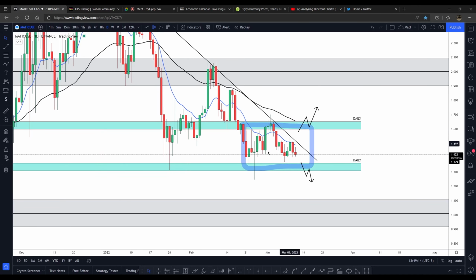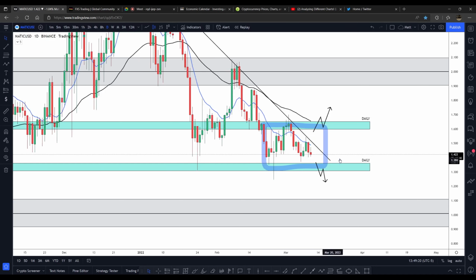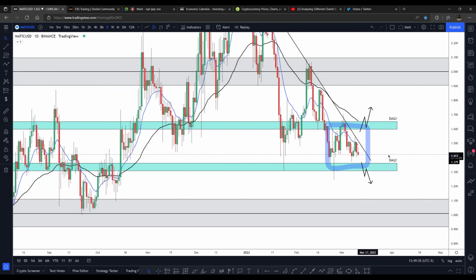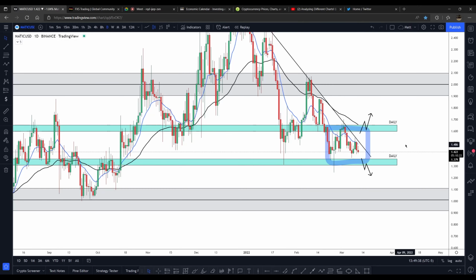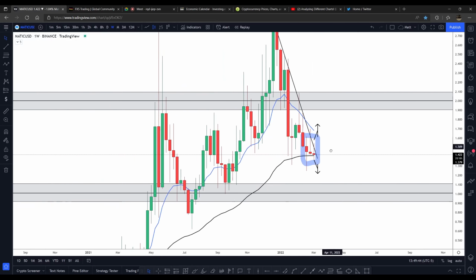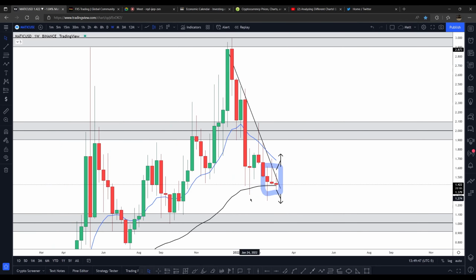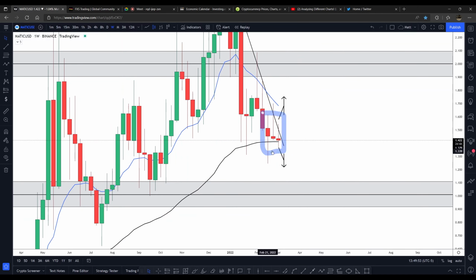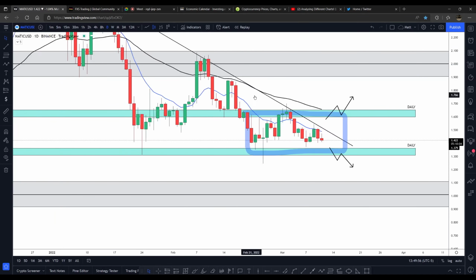Because we're ranging and moving sideways, unless you want to sit through a range, if you want to play it a bit safer, you can wait for a break and retest in this case, right? It all goes according to the laws of probability. You're never going to know exactly what happens next, but you could lean more towards one side or the other, right? And so going back to a higher time frame, you can make sense that we've pushed down quite a bit, we retraced, we pushed down again, but we're rejecting the lower portion of this range again, right? So if we go back to the 4 hour,